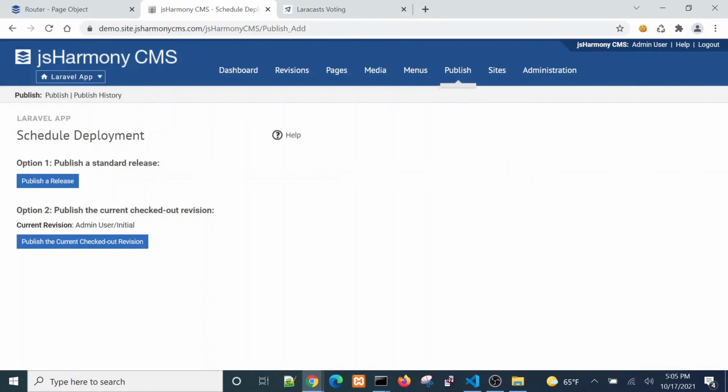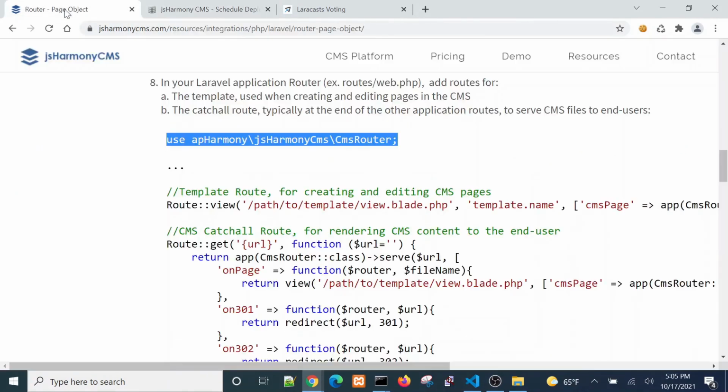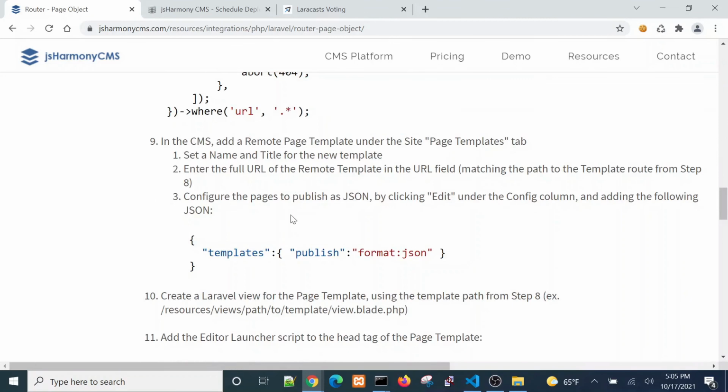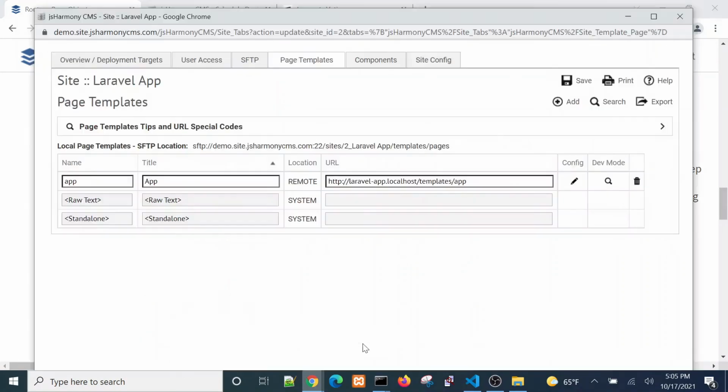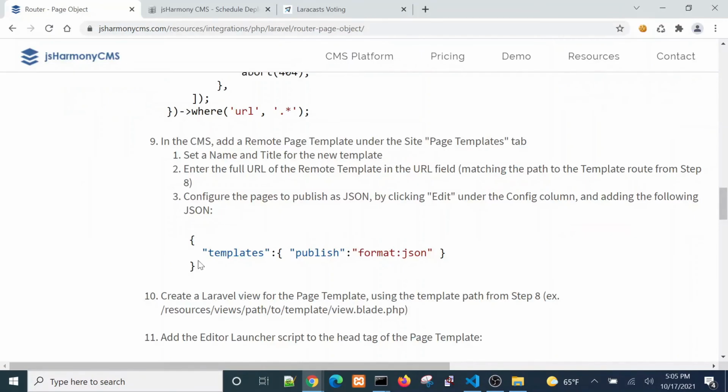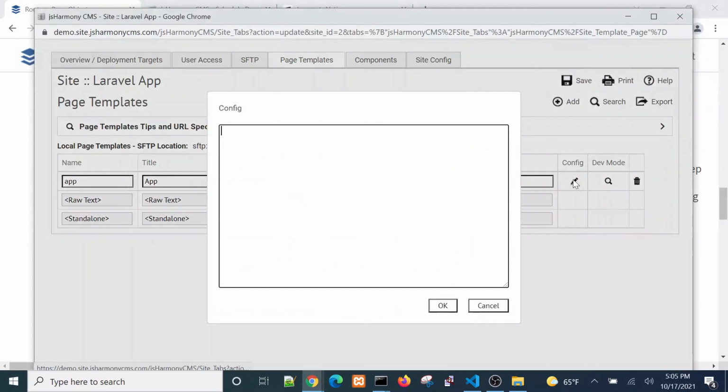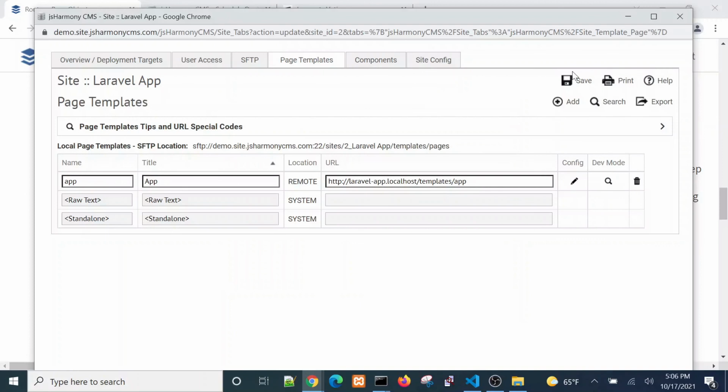That complete, let's deploy. Actually, there's one more step we need to do, which is here. When we were defining that remote page template, I'm going to go back to our page templates. We need to tell this CMS that it needs to export the template as JSON. So to do that, we need to go to config and then paste this code here. And this tells the CMS that instead of exporting the resulting pages as HTML, it needs to export just the source elements of this as JSON. So now when I hit save,